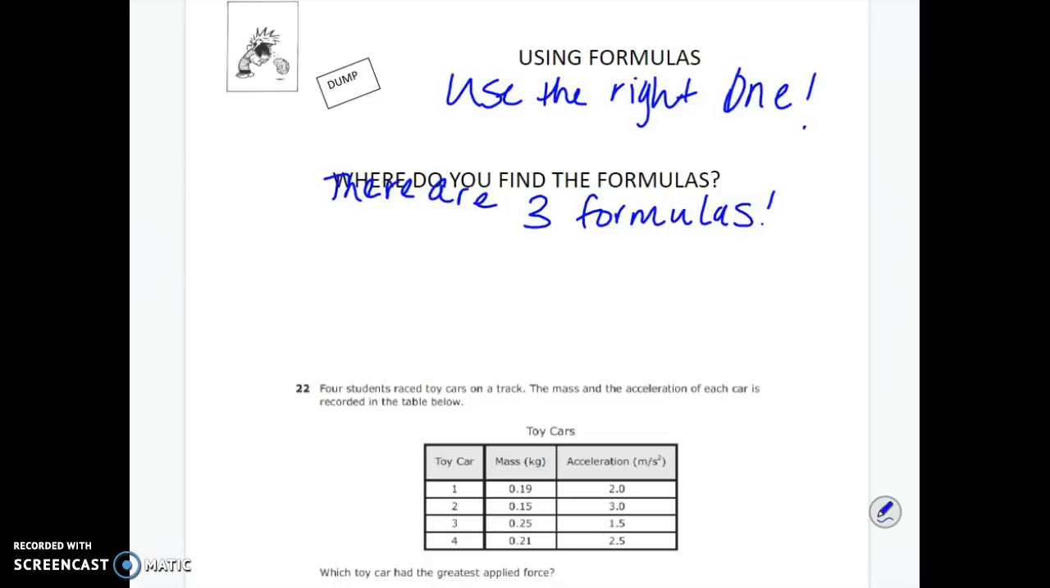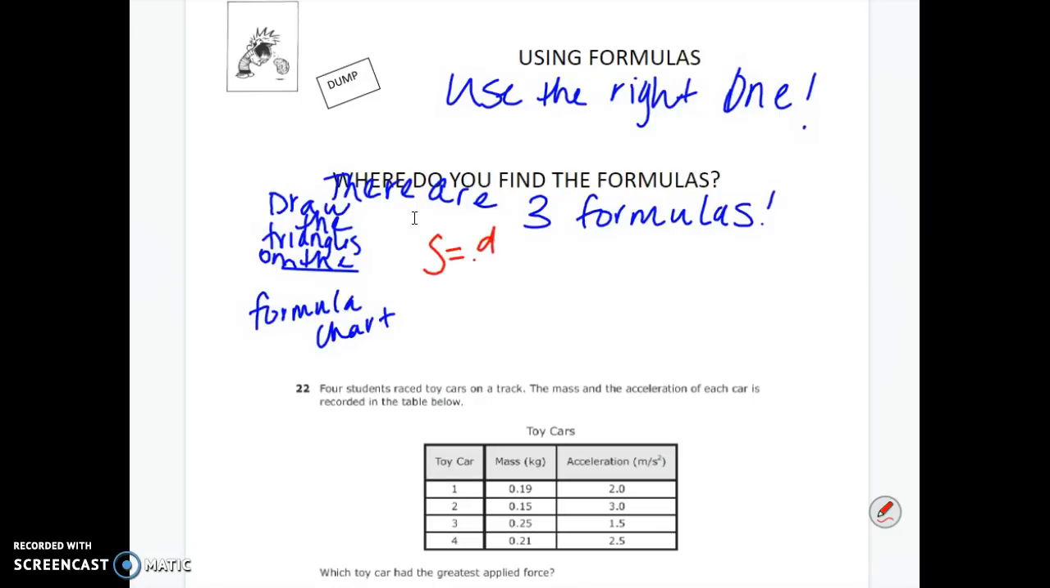Always draw the triangles on the formula chart. Okay, like I was saying, draw the triangles on the formula chart, and we're going to guide you through that. The first formula I want to talk about is speed is equal to distance divided by